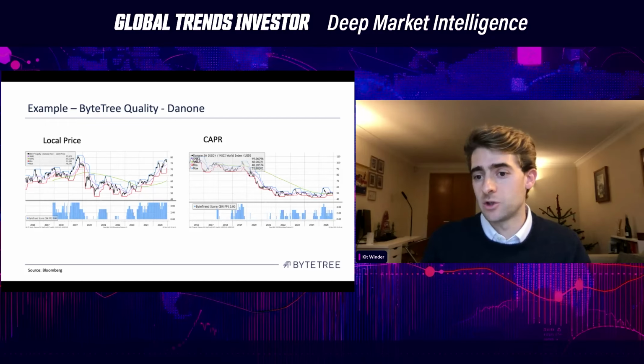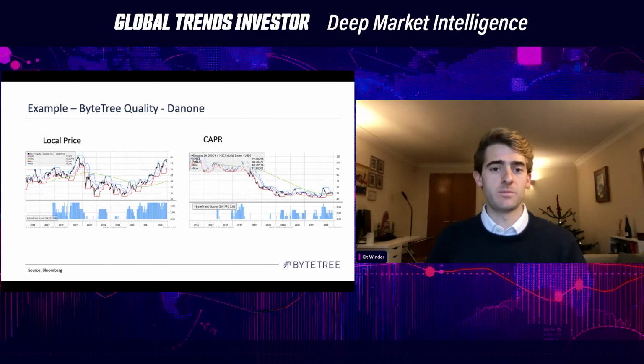But we picked up during 2025 that it had started to outperform. The turnaround they'd put in 2024 had started to bear fruit, and the market was starting to reward it for that. So we combined a highly fundamental qualitative analysis of the company with a recognition that the market was starting to recognize that and that it was starting to deliver outperformance.